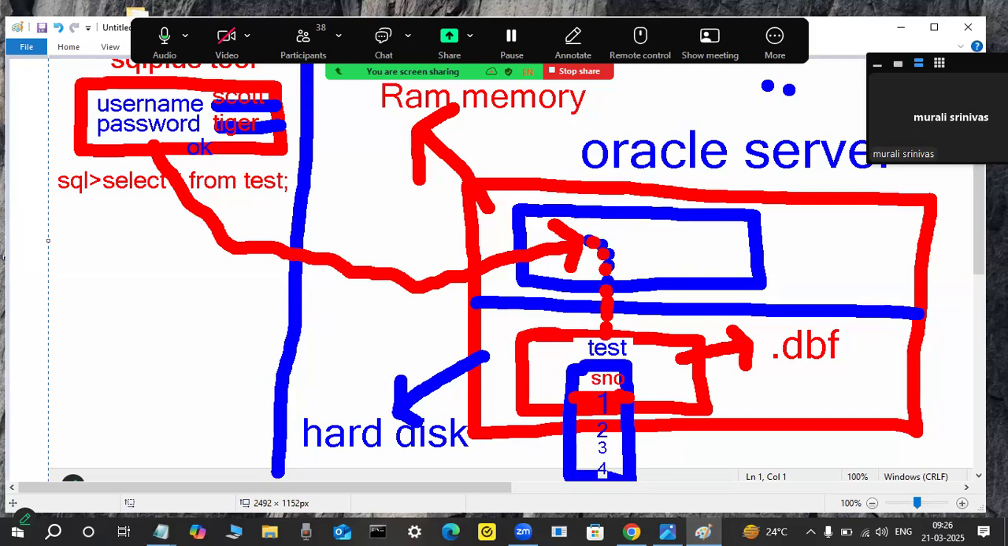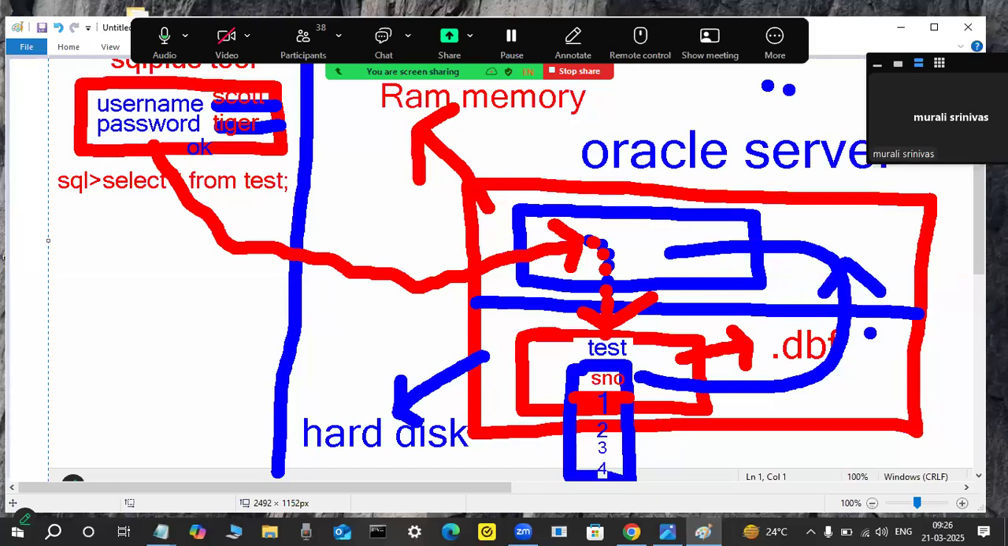Whenever this table is available, only a copy of the table, not the original table, is transferred from the hard disk into where? This database buffer cache. Here, a copy of the table. Okay? The copy of the table is transferred from this hard disk into this location of your memory area. Here, test is a table like this. Then only this test table is retrieved from this database buffer cache